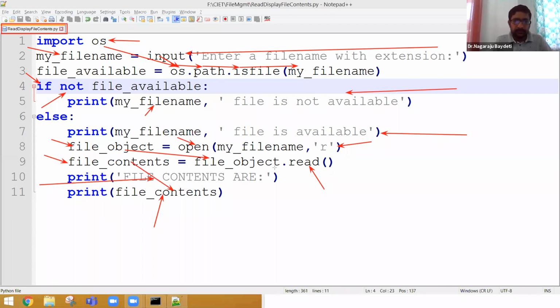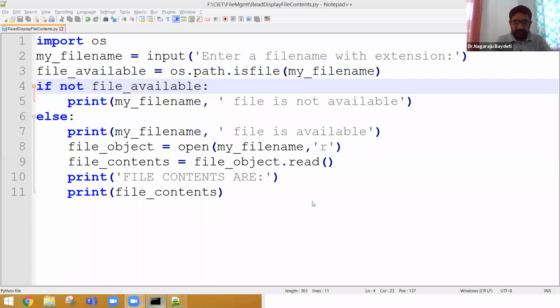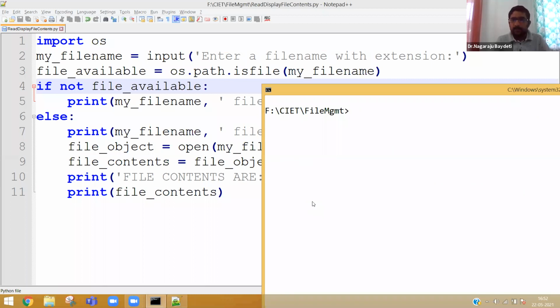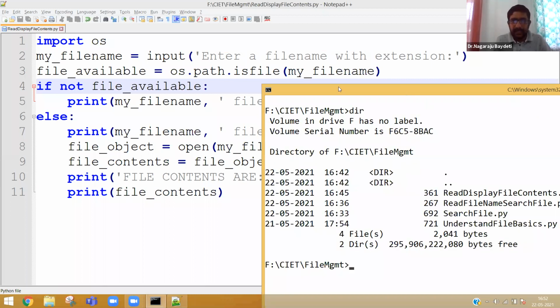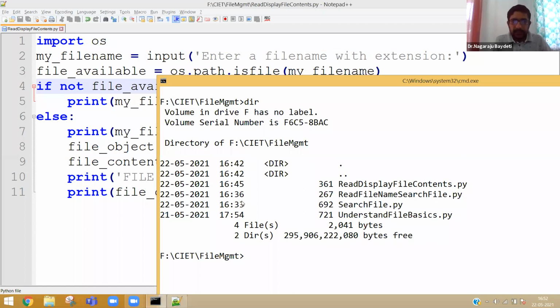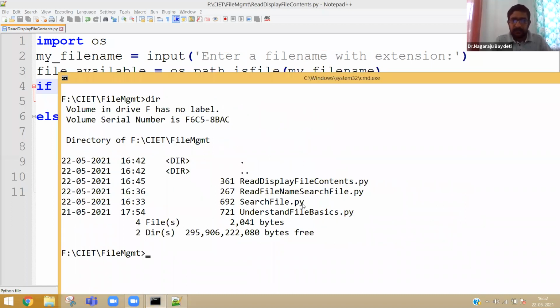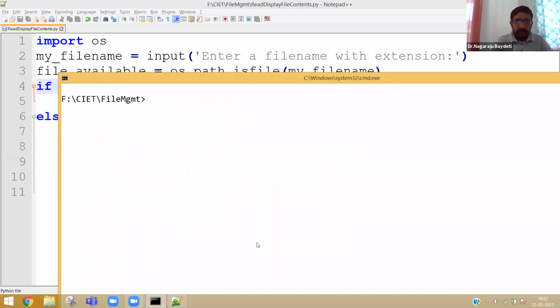Now, let me execute the file again. Before executing the file, let me see how many files are there in the current directory. Imagine we will try to give search file.py. I have given, let me execute the file again.